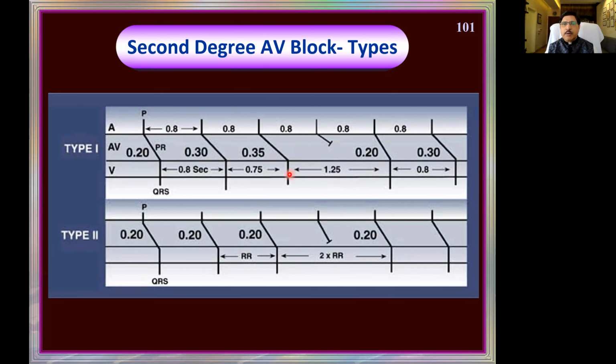That means there will be a pause between the R waves. This is the R wave, this is the R wave of the QRS. Between them, there is a gap. This RR interval is less than the previous two. Previous two how much? 0.88, 0.75, total 1.35. This is 1.25. So certainly less than that, and it is greater than the next one. Of course, it will be greater than the next one.